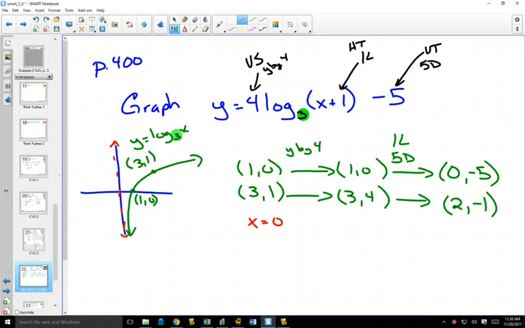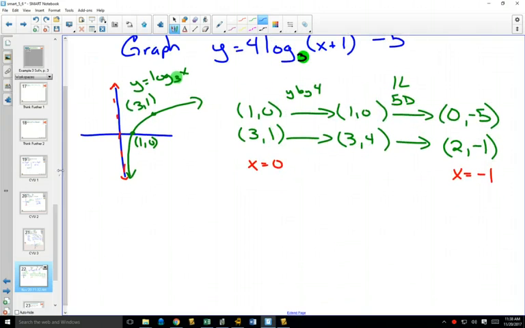And when we think about our asymptote, again, the only thing that's going to affect your vertical asymptote is if you move things left and right. We are moving left 1, so our asymptote becomes x equals -1. So to sketch our graph, starting with the asymptote,